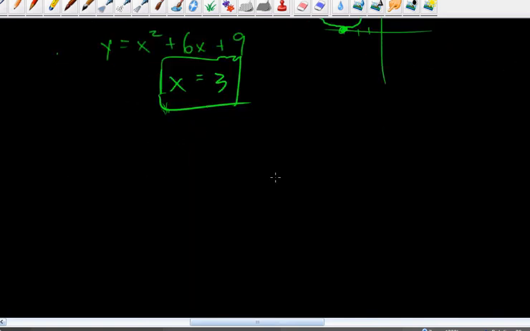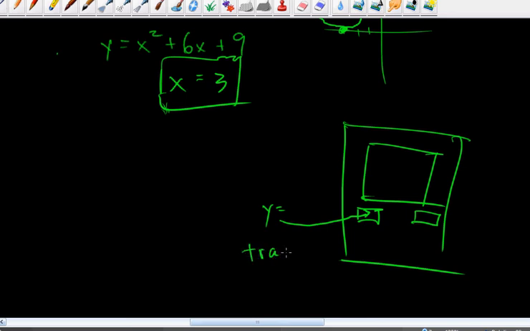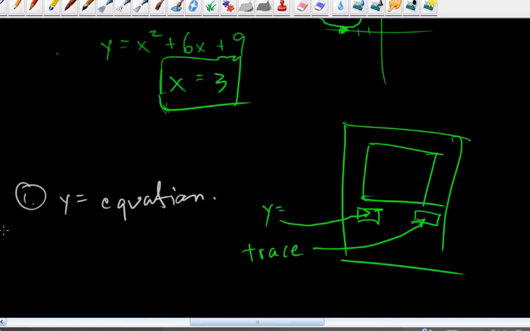Since you have to do this on your graphing calculator, let me make sure that you know where you can find the graphing functions. On the graphing calculator, you have the y equals button and another button that's really key is the trace button. We use y equals to put in equations. So step 1 is type y equals, and put in the equation. Once you've graphed the equation,